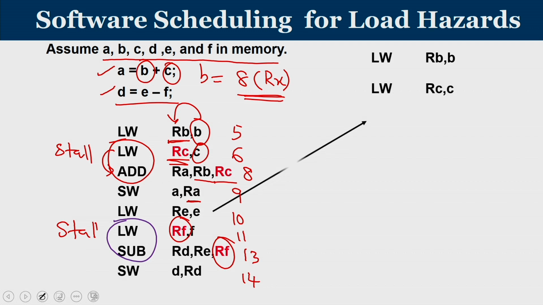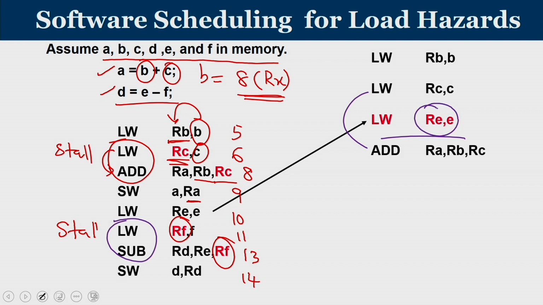The same load word is there. Now, what I do is put up this instruction load word RE comma E. It is a new load which was initially down the instruction sequence, coming up, and then add. These are the dependent instructions. Now, they are separated by inserting another instruction which will never change the meaning of the code. It is only working on E and RE. By this time the value in RC is complete and add can perform. So, the dependency that existed between load and add is now effectively addressed. And then we have this one. In the meantime, I am completing the store operation also.